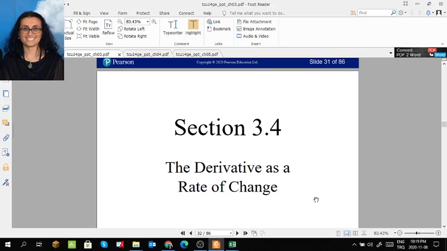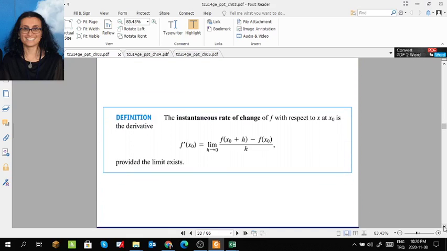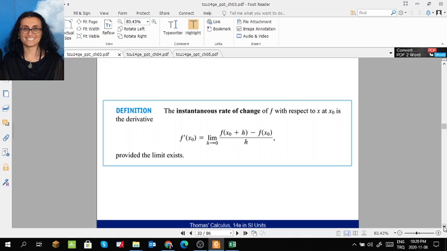In section 3.4, we are going to talk about the derivative as a rate of change. We will talk about the instantaneous rate of change of the function, given function f. This rate of change is going to be with respect to the variable x at a point x0, and we talked about that this is the same as taking the derivative at the point x0, and the formula is again